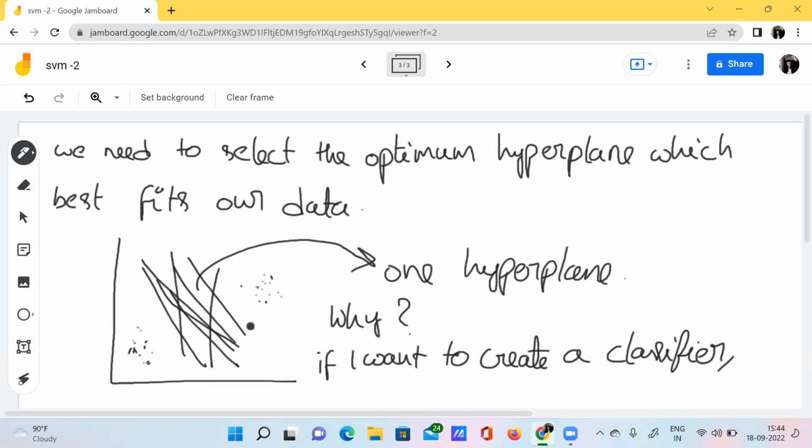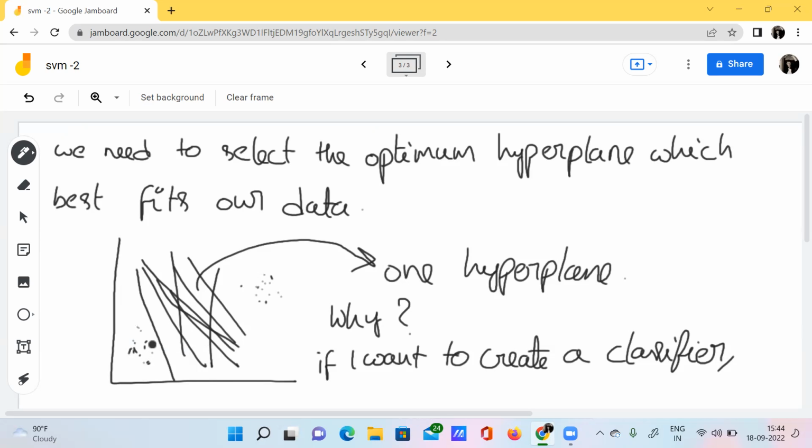And also the main reason is, see here, for example, let's say I have drawn one kind of hyperplane like this. Is it actually separating the data in the best possible way? No. Why?